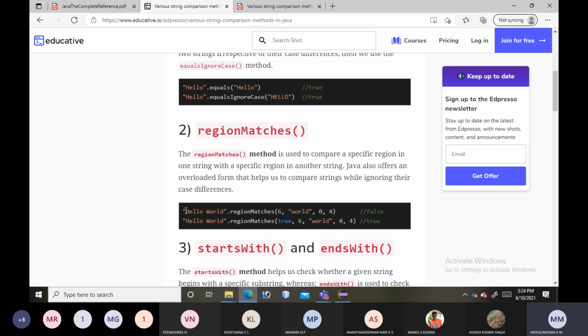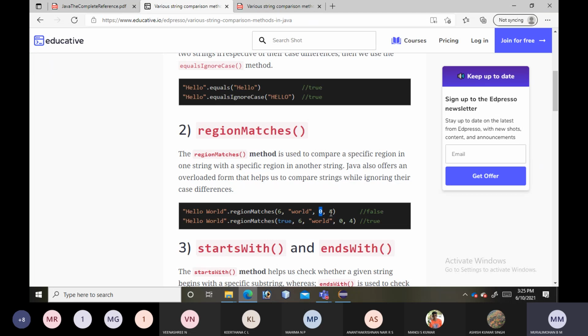This is string 1 and this is string 2. Part of string 2 we are trying to match. In string 1 we are specifying to match from index position 6, and in the second string you try to match from the 0th index position, that is, consider W only, and the number of characters is 4.